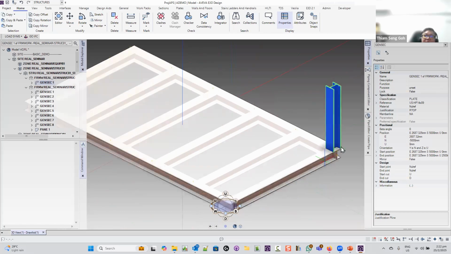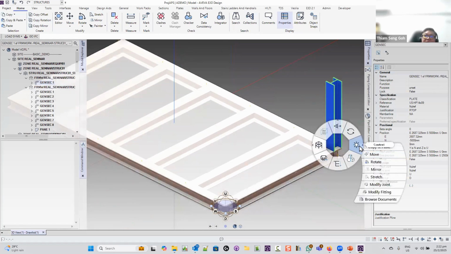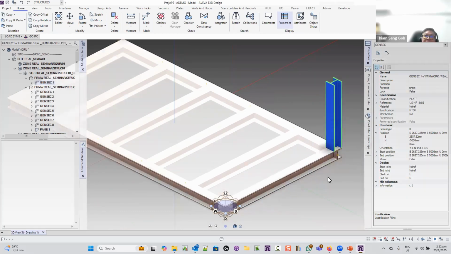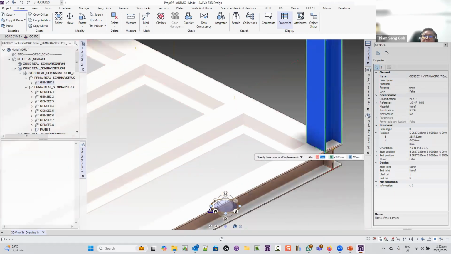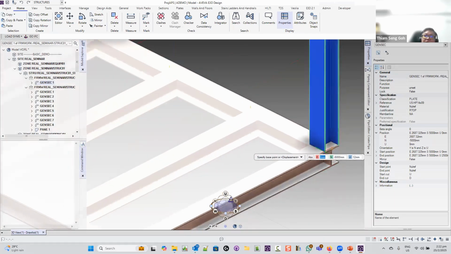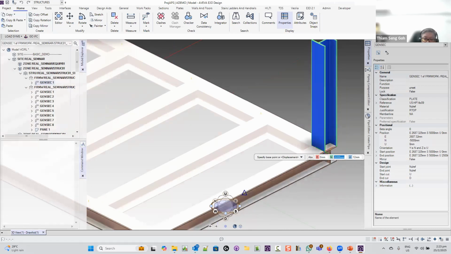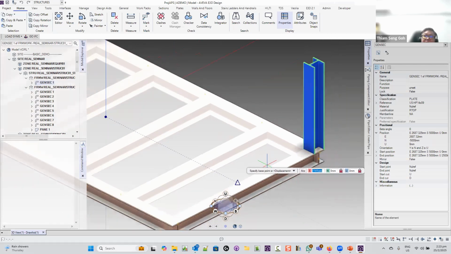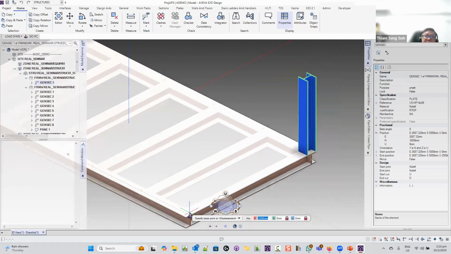I click on this item and say context, move. For the move command, what you need to do is go down and you can say copy. So where is the base point? We want to move it in the east-west direction, so we just make sure that the north and up are locked. With the north and up locked, that means we can only go by the